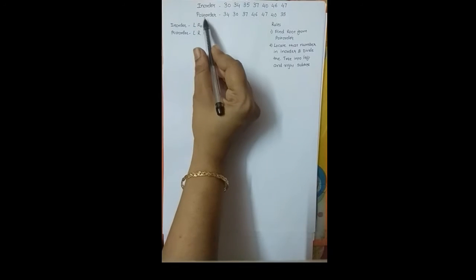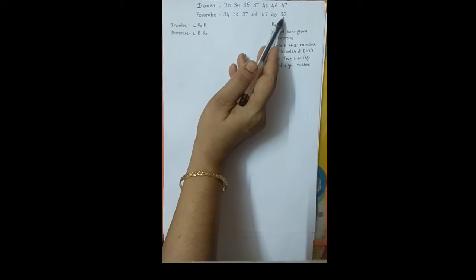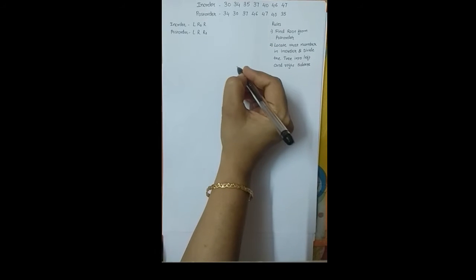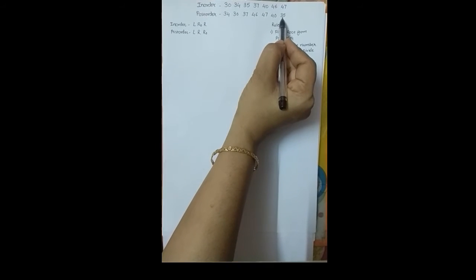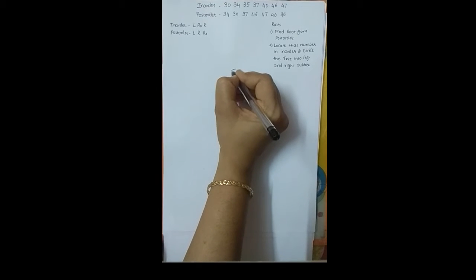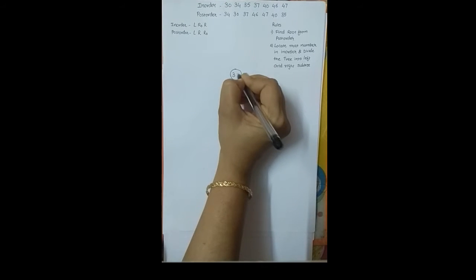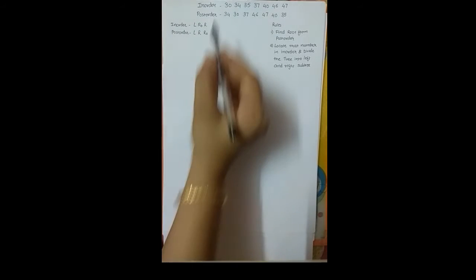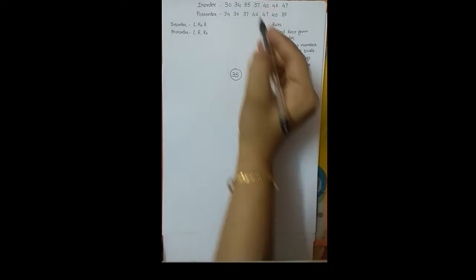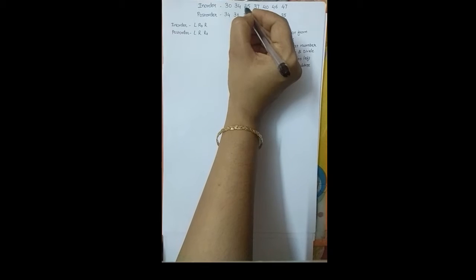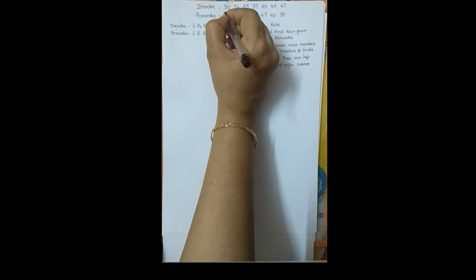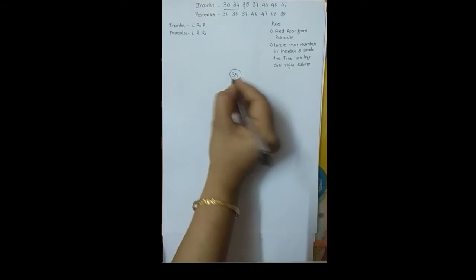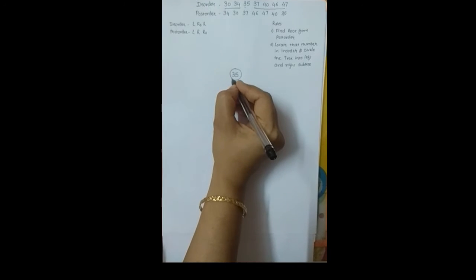As we all know, the last value in the post-order would be your main root. So the last value that I am finding over here is the number 35. So I will mark 35 as a root. Next step is to locate this number inside my in-order sequence so as to get the right and left subtree. I can locate that 35 over here. All the values on the left of 35 become the left subtree, whereas the right of 35 becomes the right subtree. So let's construct it.